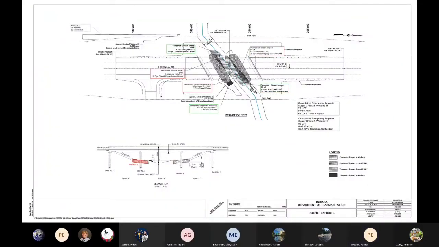And next slide. This is just a good example. You can see the temporary impacts are marked in a green little box there, and the permanent impacts are labeled in red there with the proper wetland names and the stream name. And you can see Sugar Creek is flowing, it looks like northeast. And then you can see at the bottom there, the cross-sectional view with the wetland called out and all of the dimensions of the wetland. We want to see depth and all of that, and the cubic yards as well.